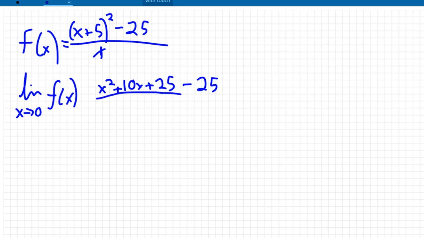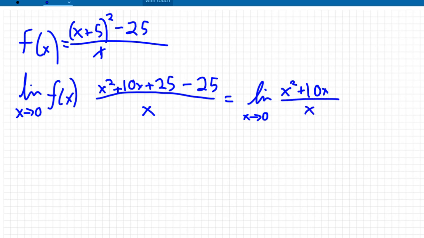It's very important. And then we put that all over x still. So we do a little bit of simplification. So the limit as x approaches 0, and the 25's cancel out, so we have x squared plus 10x over x,